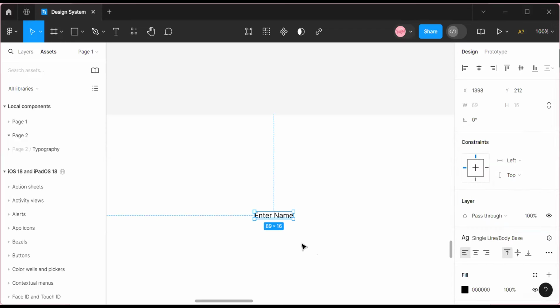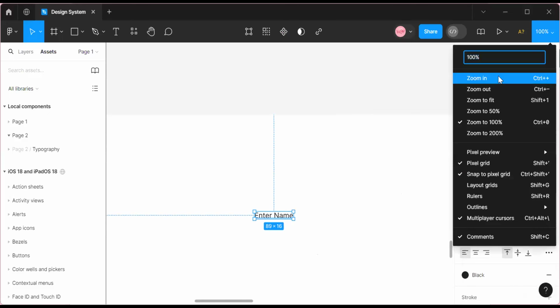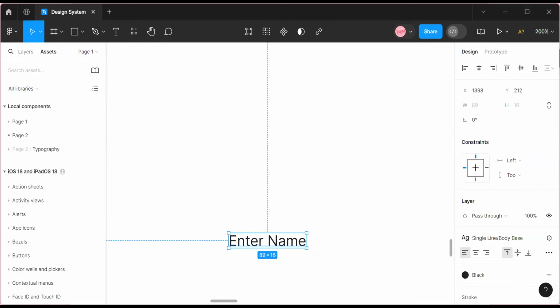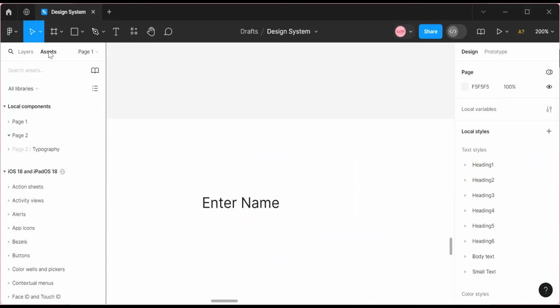I'm also going to use our color, our black. That's actually the good thing about creating styles. You don't have to start looking for the fonts and the color you're going to use when you're working. So the next thing you're going to do,